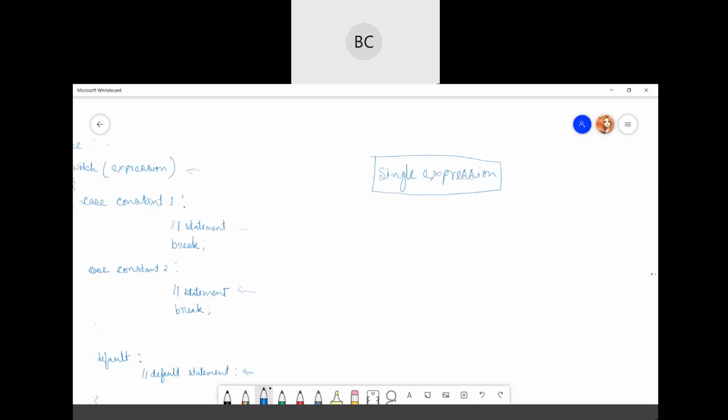Then case 1. Okay, so the first condition, maybe I can just say, is it equal to case 1? If yes,